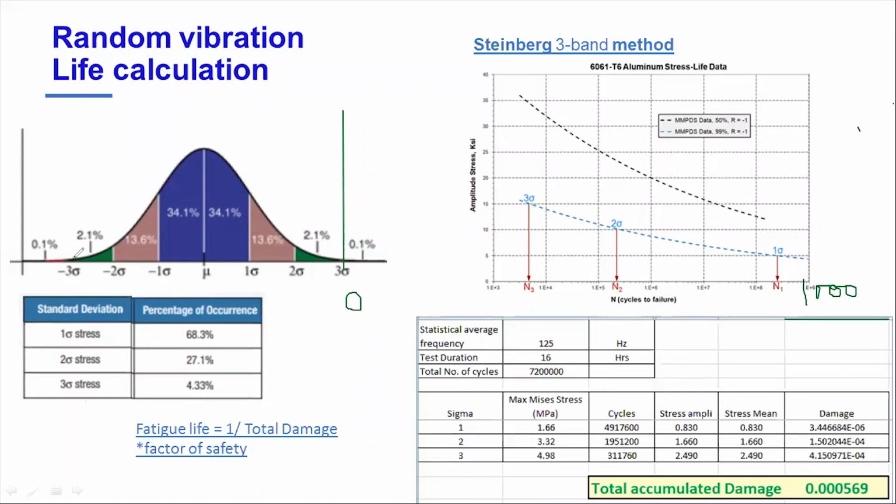Okay, there is a possibility that this stress may not be really this high every time. So what you do is, there is the Steinberg 3-band method. What it tries to do is that it says, okay, a conservative approach is rather than considering RMS, you consider 3 times of RMS to include all type